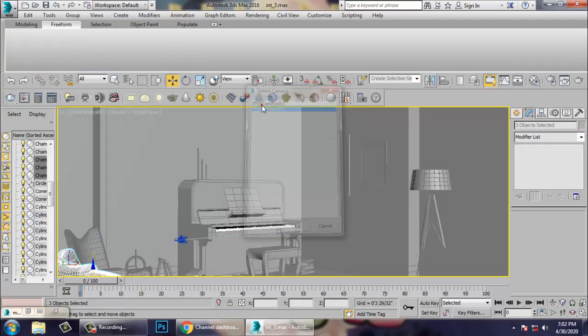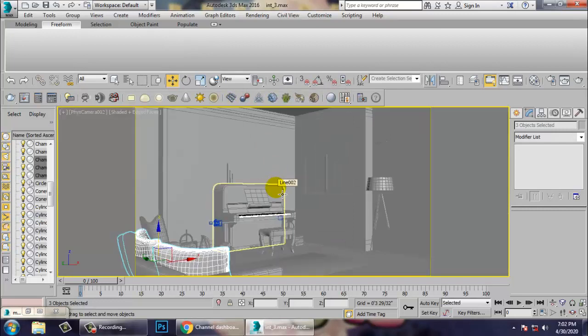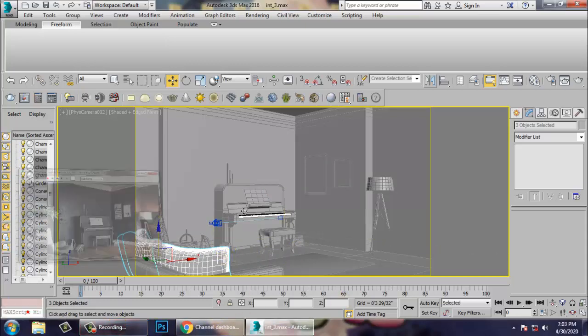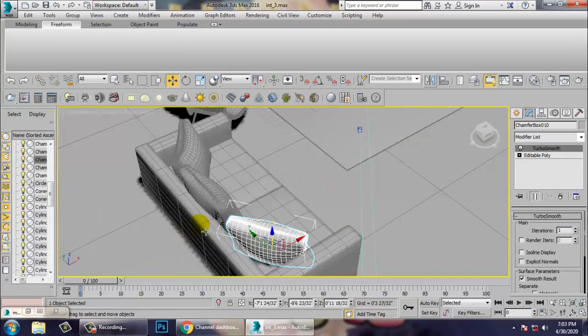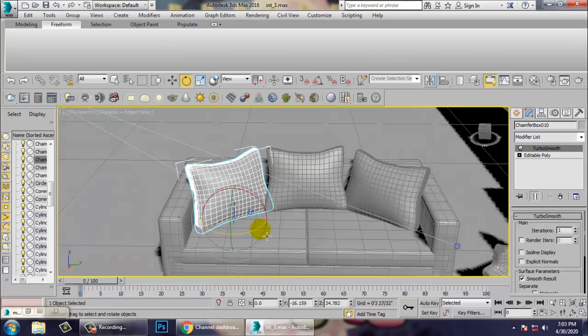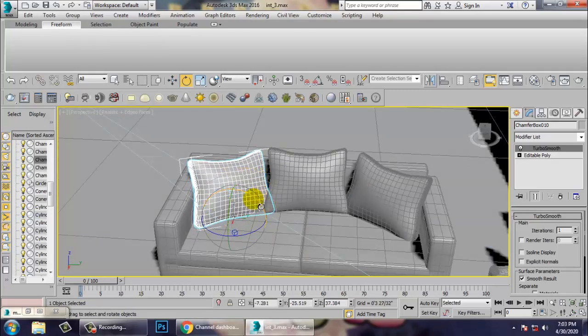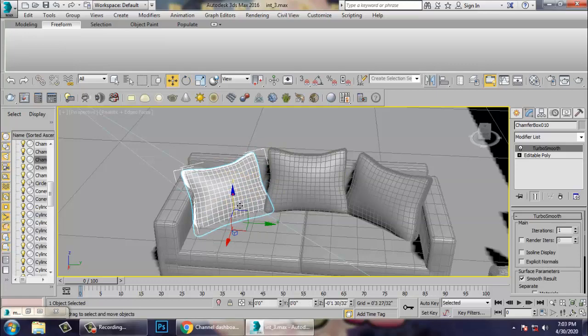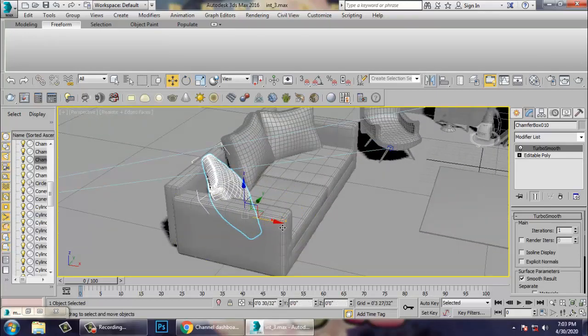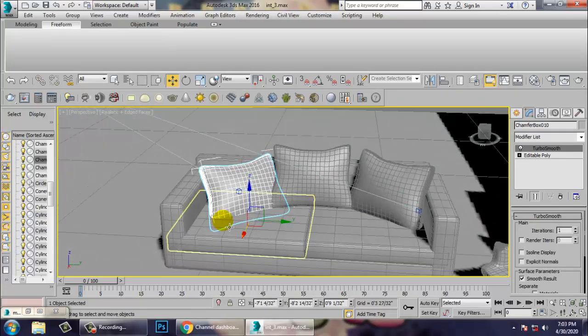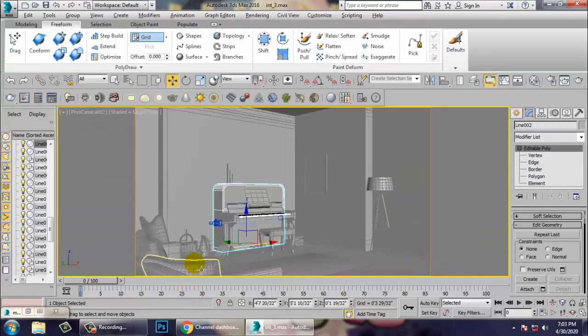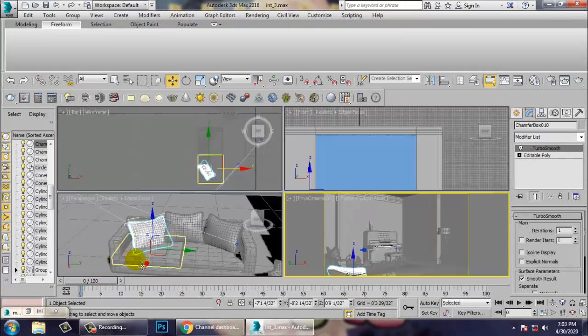Let's go back to the camera view. That's better. So if you see the reference over here, it's covering it. So what we will do over here is we'll just tilt it more down. Now looks better.